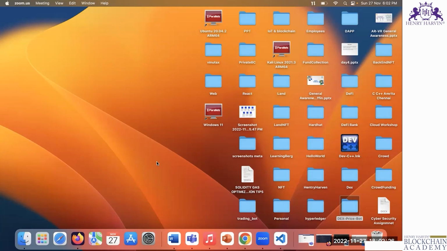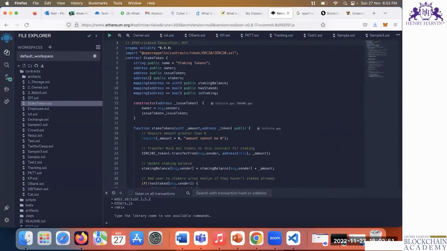There are different types of attacks in smart contracts. One is called a re-entrancy attack. Some other attacks are there. If you are writing the code something like this, somebody can easily hack your smart contract. So have a look. I will show you what a re-entrancy attack is. That is a very interesting attack. It is happening in, I think, one of the famous libraries like Open Zeppelin or something.